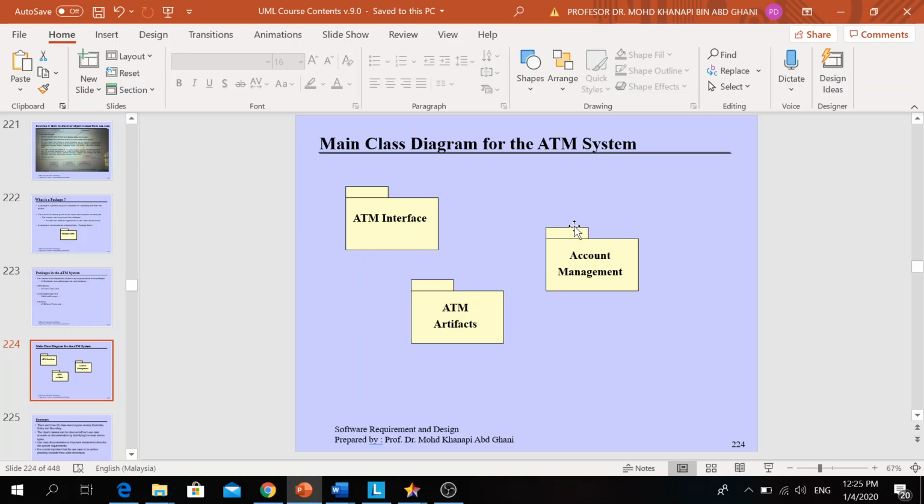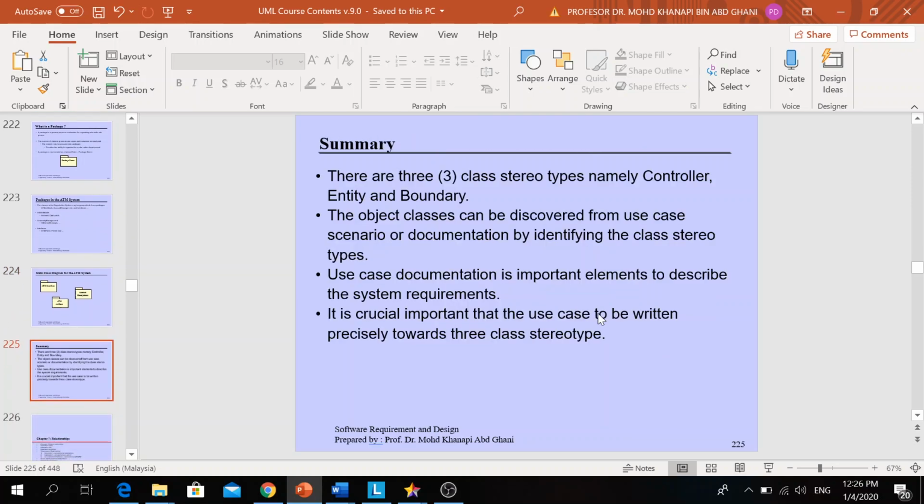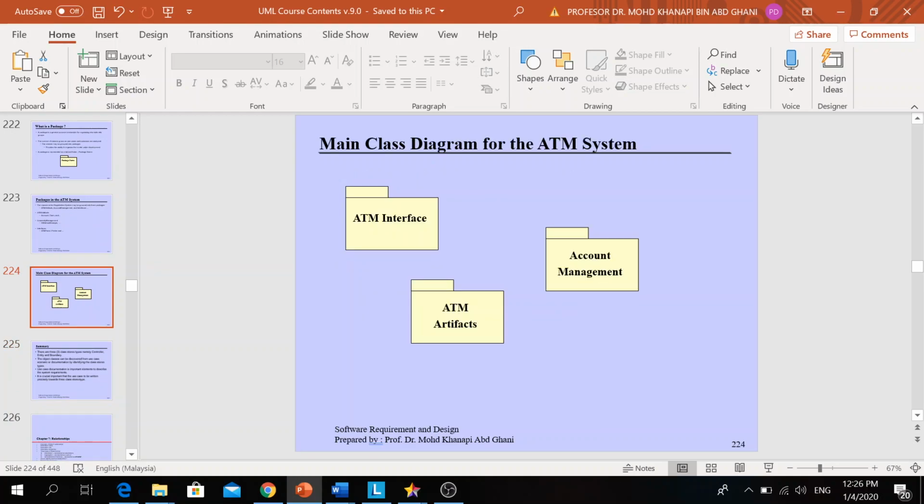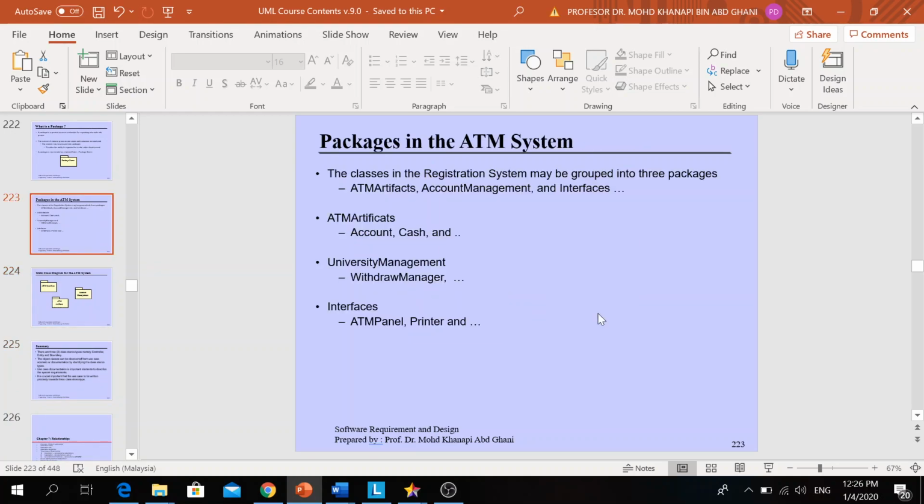In this case, all types of tables or records regarding the bank system we package under ATM artifact. This is an example, so you can name your package according to your system. This package is very important when we do the system architecture.